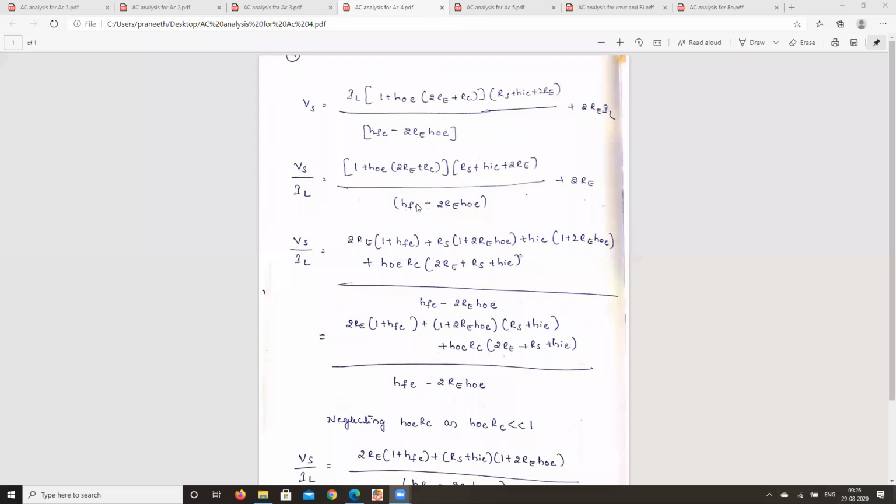Once you get the beginning terms using KVL, the remaining will be nothing but going on simplifying and analyzing. That's it. There is no other logic in that. So I again repeat, expand these terms which were in the numerator. After expanding, just simplify this and get your numerator in this manner.